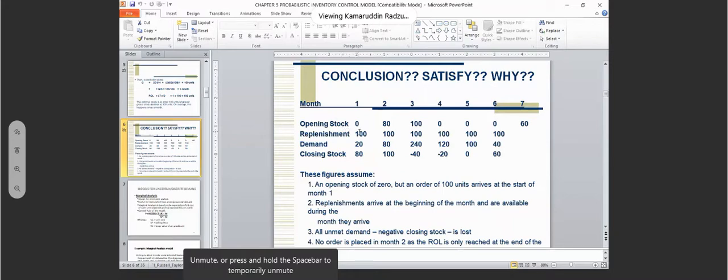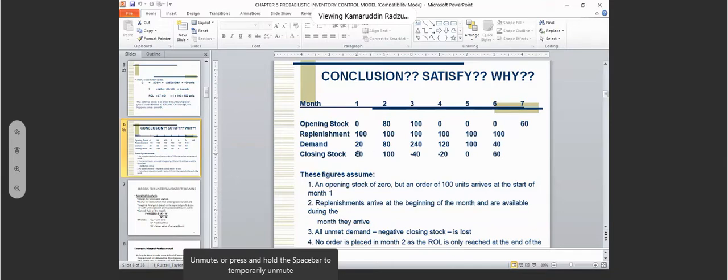So we make a replenishment order of 100 units, and the actual demand for the first month is 20 units. So at the end of the month, there will be a balance of inventory of 80 units,